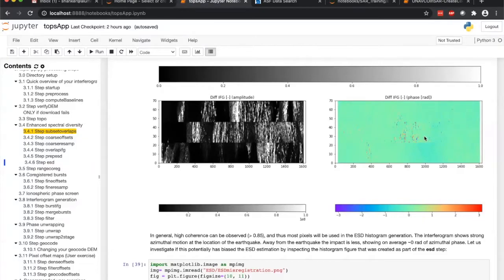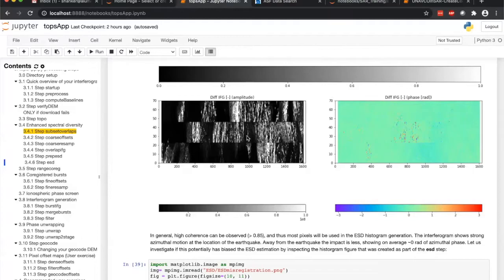That's because for this particular earthquake, it is oriented in a way such that the azimuth component of the deformation is very small. Most of the deformation is in the slant range direction. If the deformation is in the slant range direction, it shows up in a very similar way in the top interferogram as well as the bottom interferogram, so they cancel out. If the deformation has an along track or azimuth component, because of the antenna scan pattern, it projects slightly different in the top burst than in the bottom burst. So any deformation